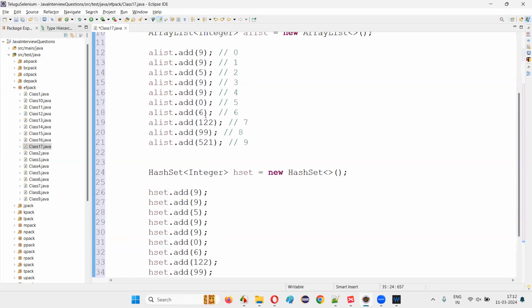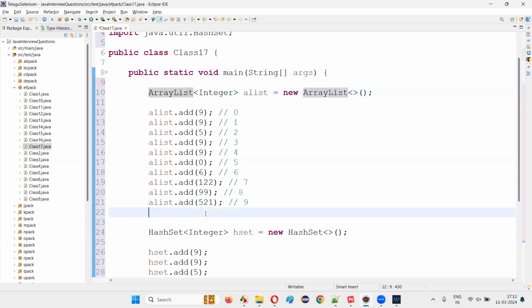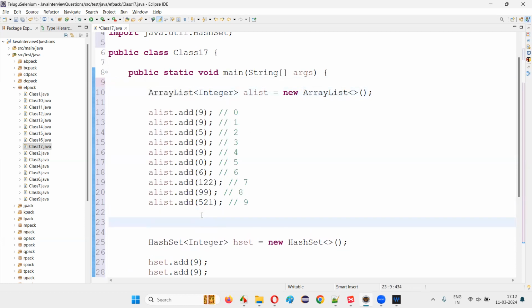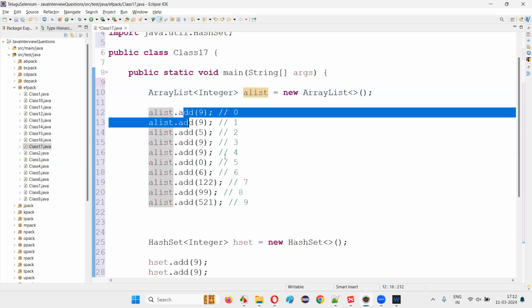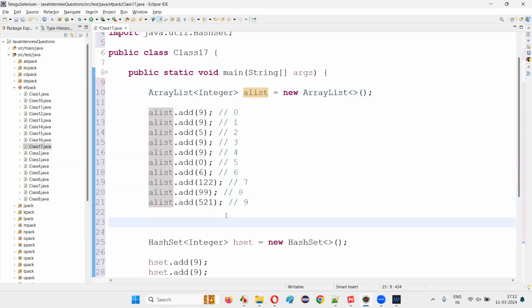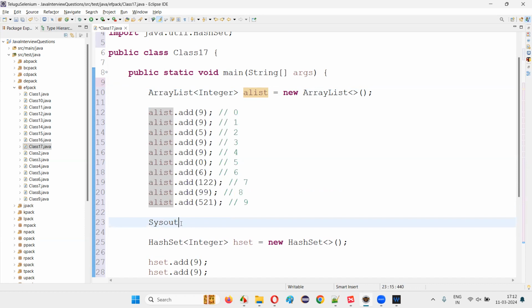Whatever the order in which you have added the elements to this array list, in the same order they will be stored in the array list. So if I print it out,